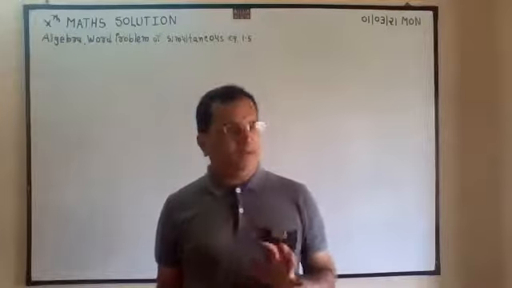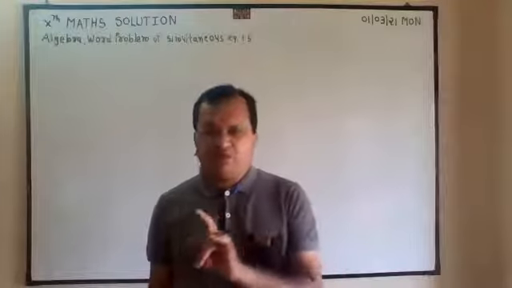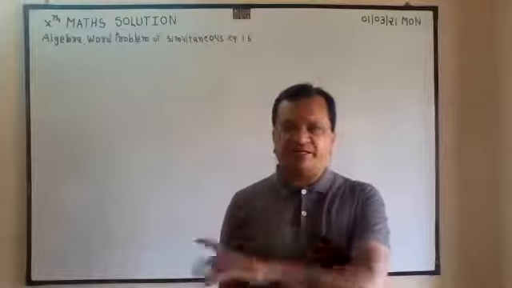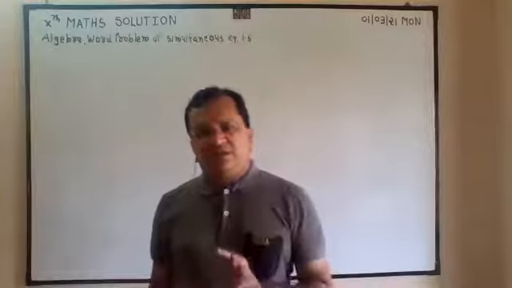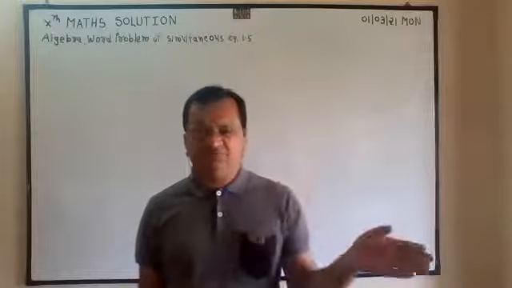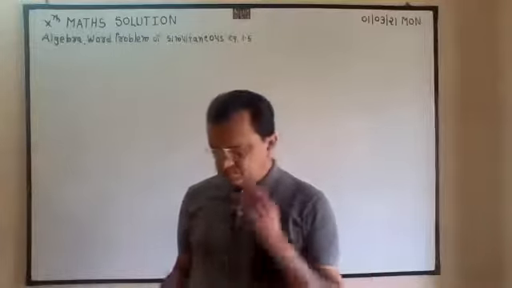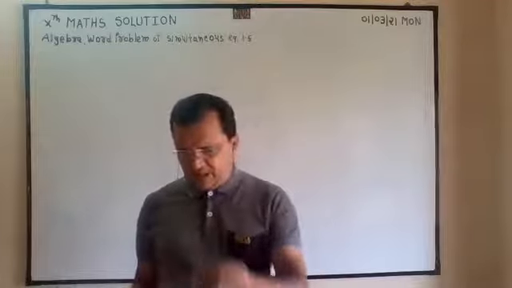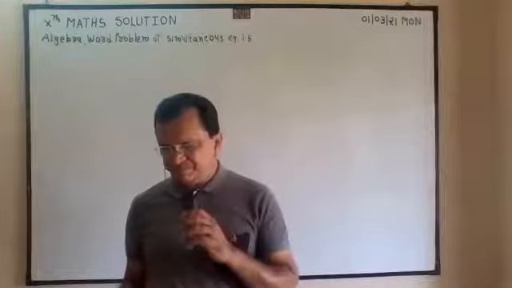Today I am introducing the revision of word problems of simultaneous equations, with two variables. Yesterday we did one variable, that is quadratic equation, in which you have to make the factors and all that. Here there are two variables. The tabular method which we used in quadratic equations, we can use in this also. One by one, when I solve, you will come to know how the table form can be used for the formation of simultaneous equations.